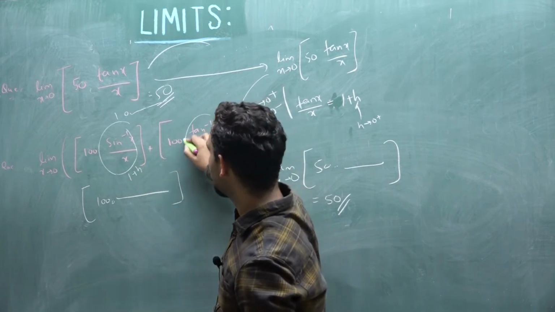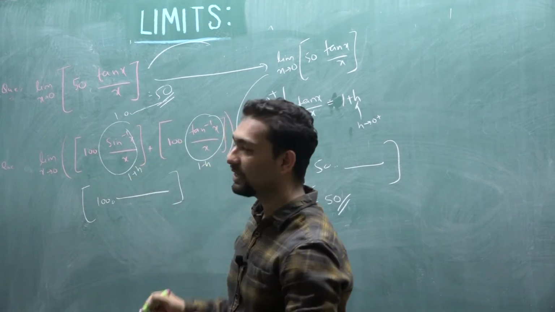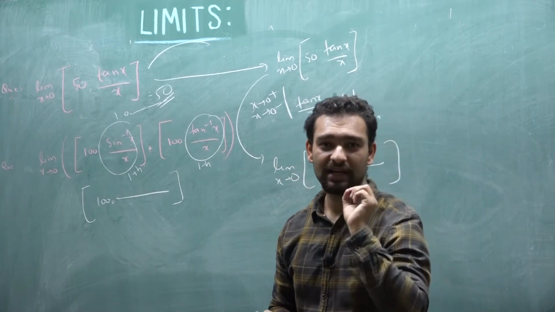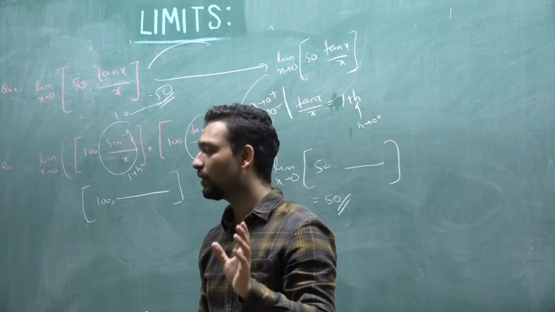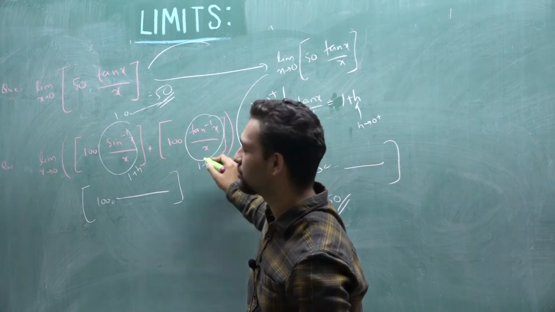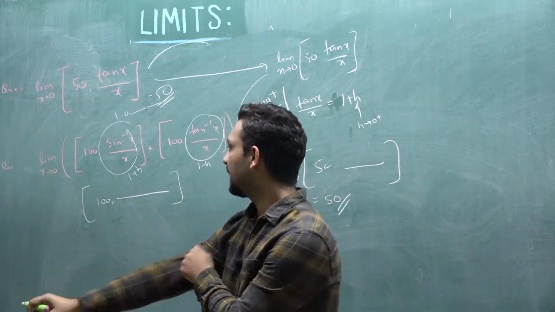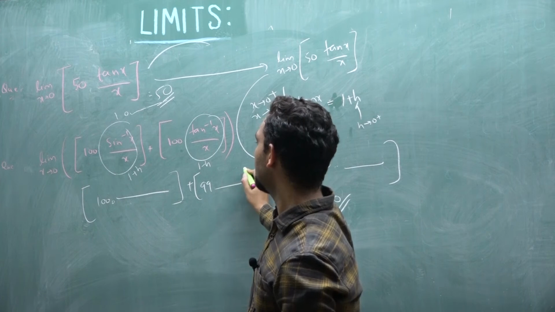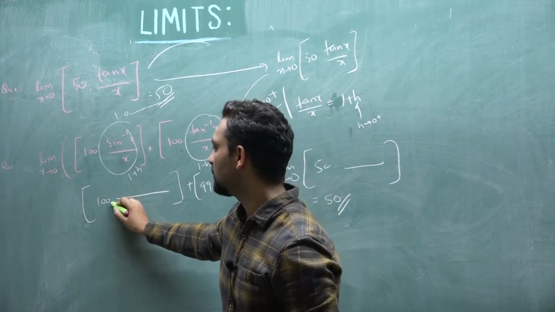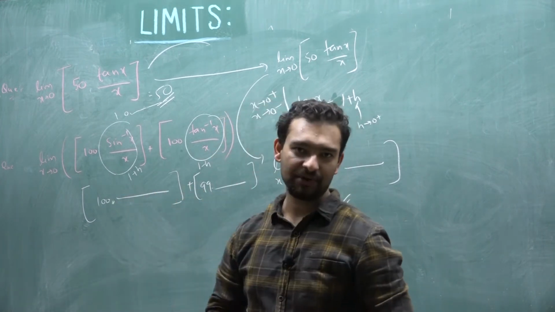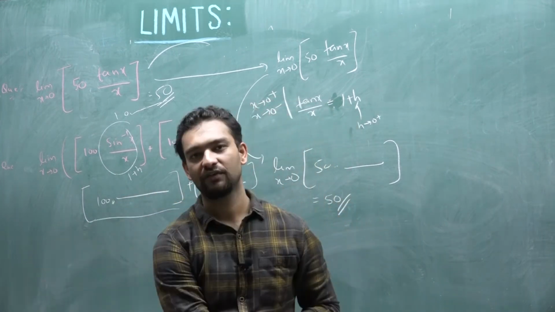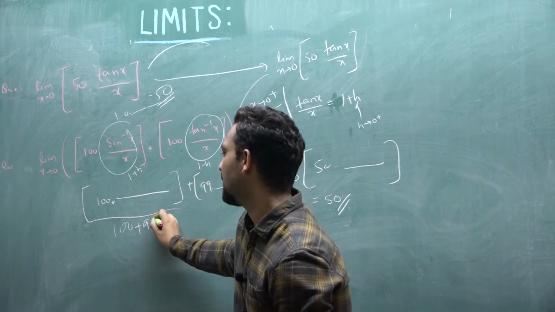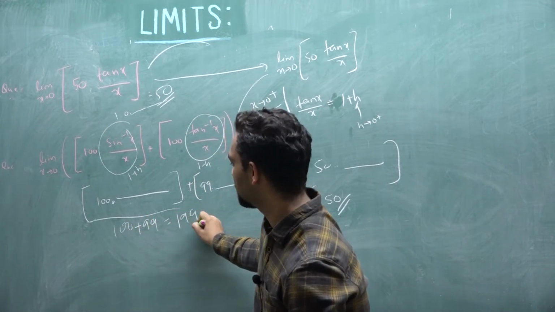Here sin inverse of x upon x was slightly greater than 1, and tan inverse of x upon x near the vicinity of 0 is just slightly less than 1. So this value will be 0.999999 something multiplied by 100, which gives 99 point some value. This value was 100 point something, this value is 99 point something. Again, the greatest integer of this will be 100, the greatest integer of this will be 99, and your final answer for this will be